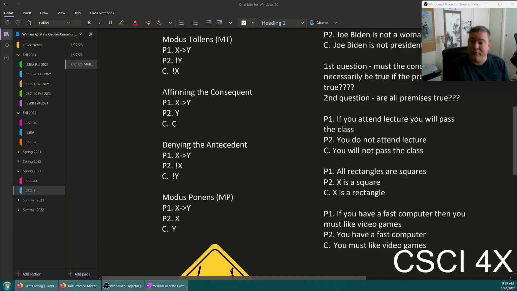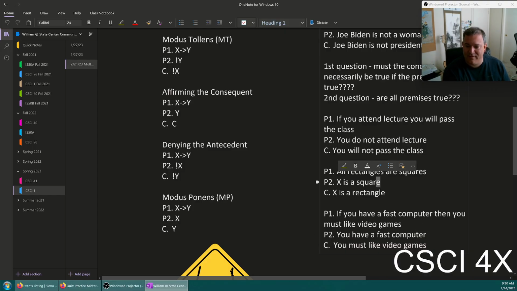So yeah, this is modus ponens, so it's valid at a minimum. The form of the argument is valid, right? So if premise 1 and premise 2 were both true, the conclusion must be true. It must be true, right? If it is true that people that have fast computers like video games, and you have a fast computer, you must like video games, absolutely 100% of the time. The conclusion follows from the premises necessarily, that the conclusion must be true when the premises are true. That's what it means to be valid. There's no other possibility. When you're talking about a valid argument, if the premises are true, it must be true. There's no other possible answer.